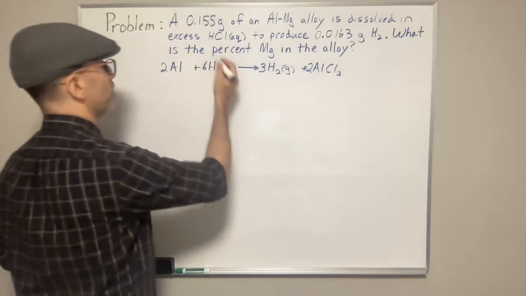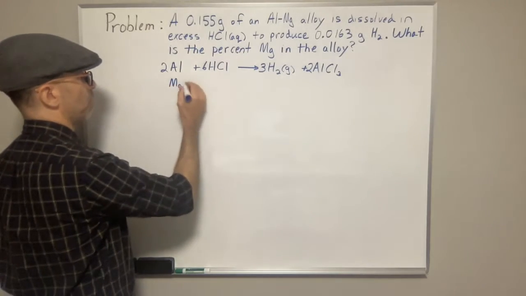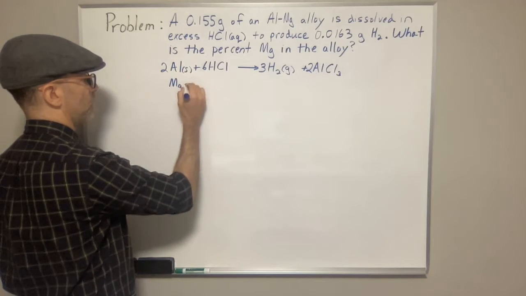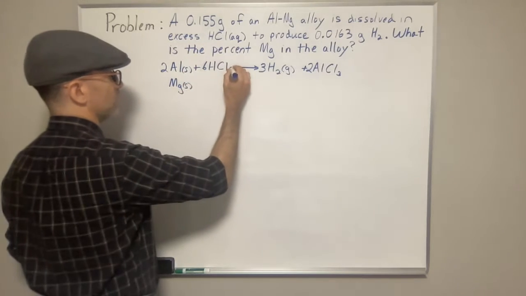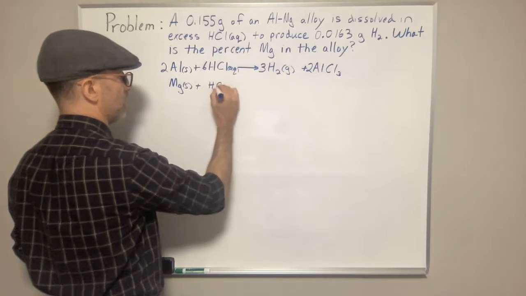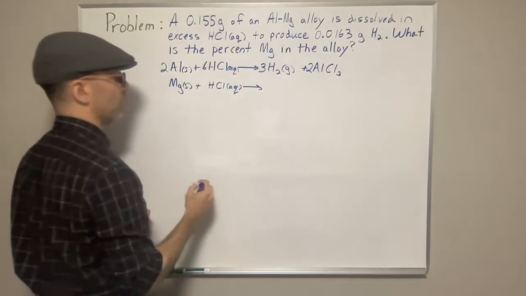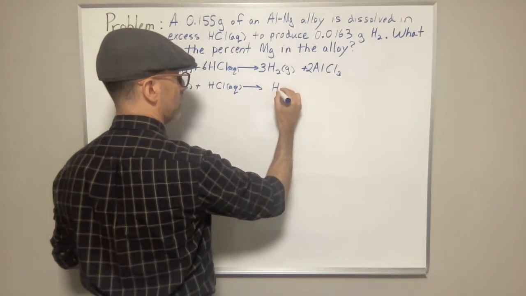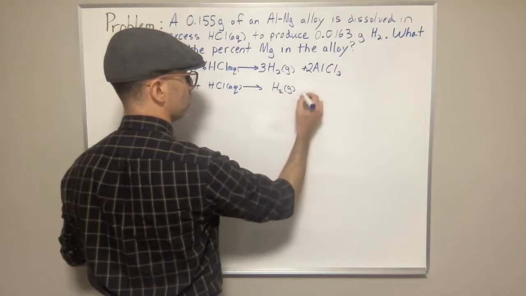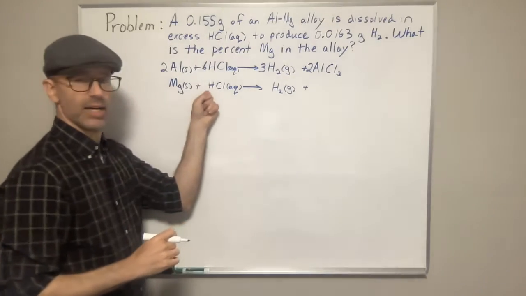And then we do the exact same thing for magnesium. So here we have magnesium metal. So this is solid, this is solid, this is aqueous. And that's going to react with HCl aqueous here. And then we're going to get, again, hydrogen gas, H2 gas, plus, and again, it's going to be a single